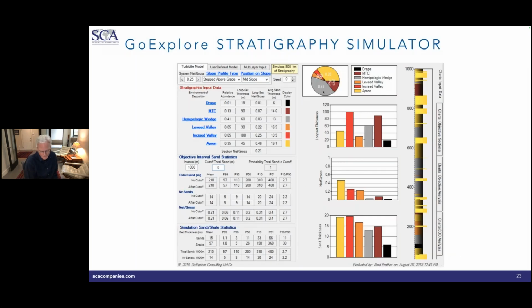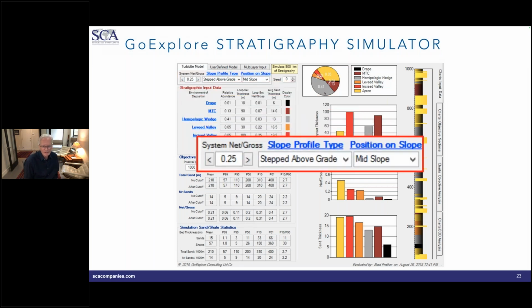So let's go through an exercise of collecting calibration data. Here's an example from the stratigraphic simulator. In this case, what we've described is a slope profile type and a position that's a step above grade. And it's the objective interval. I want to describe the mid slope. And I use a system net to gross of 25%, all defined as I discussed earlier. And the products you get from that